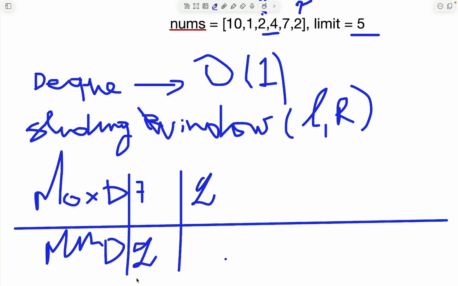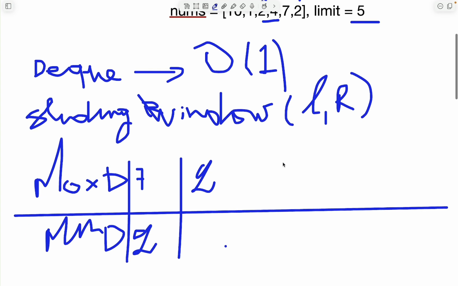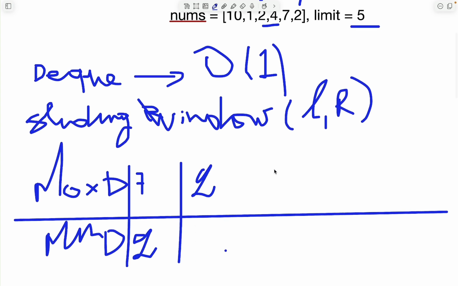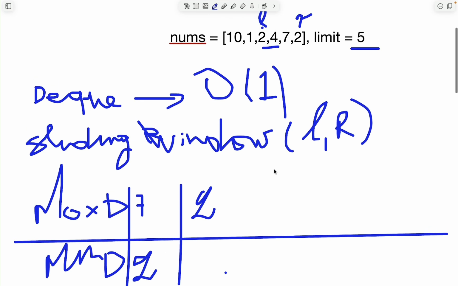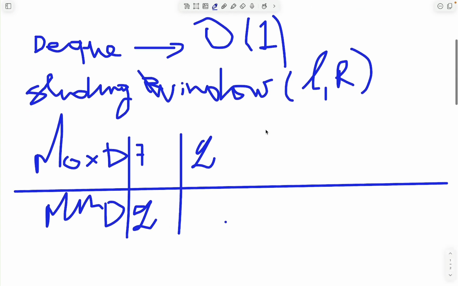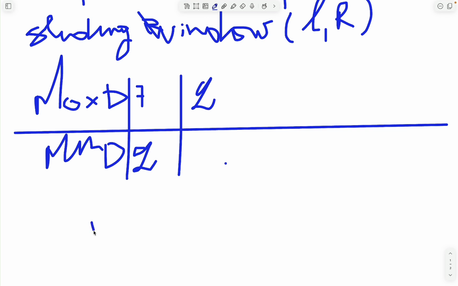So the max is 7, the min is 2. 7 minus 2 is equal to 5. It's less than or equal to 5, so the condition holds. Since the condition holds, we don't need to do anything. And we reach the end of the array, so you stop here. Our answer will be the